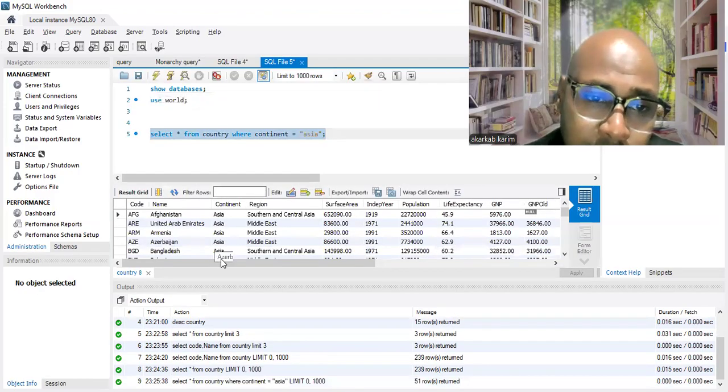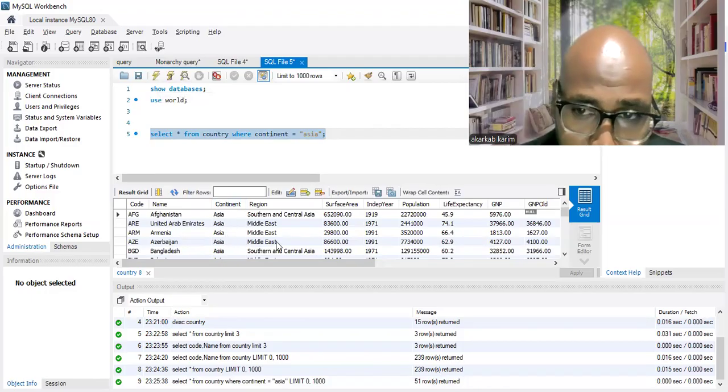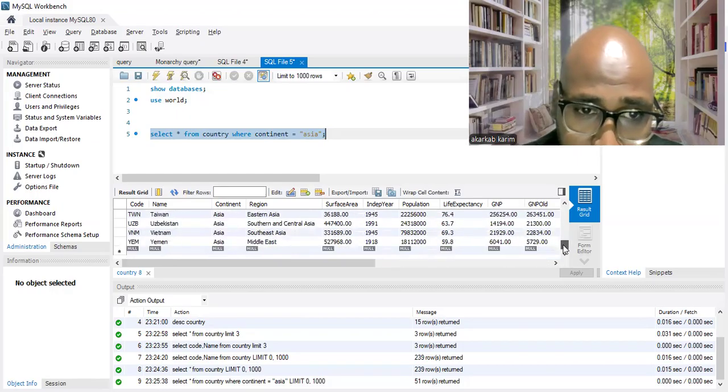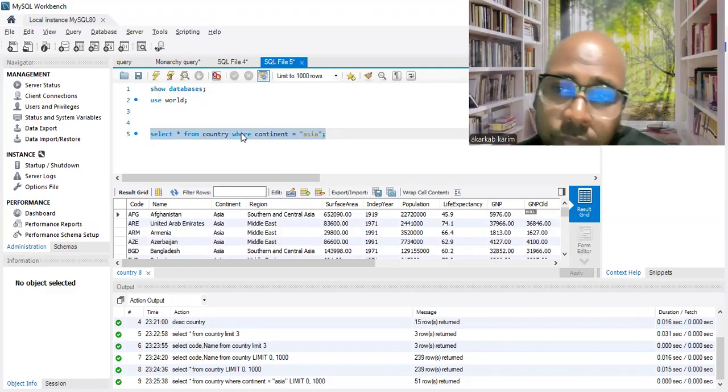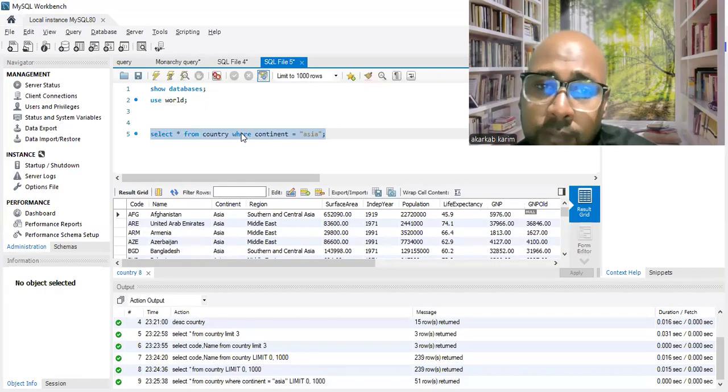So there it is. If we check this field of continent, we have Asia, as we see all these countries that are returned are part of the continent of Asia. Here we have this WHERE clause just to filter the data based on some conditions that we want.